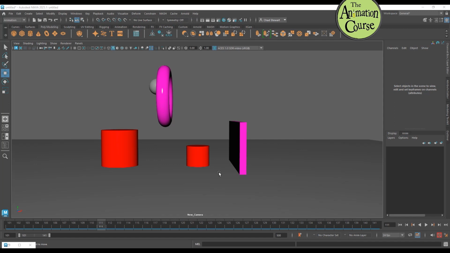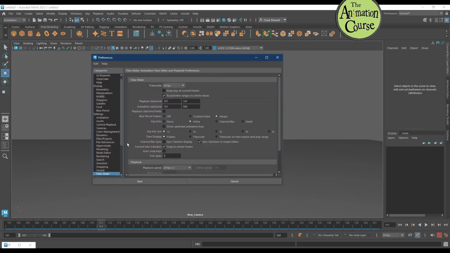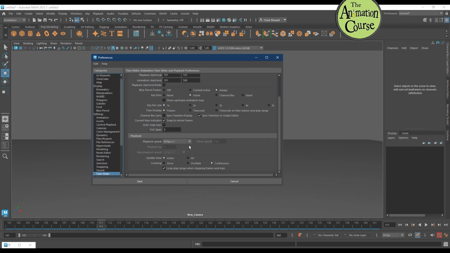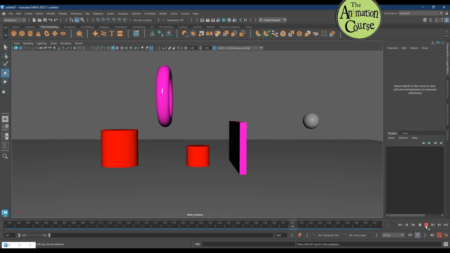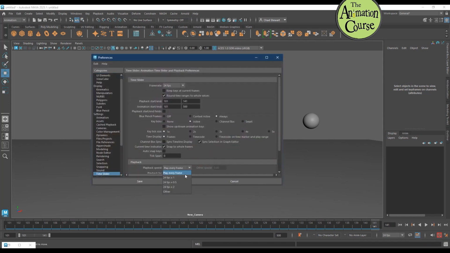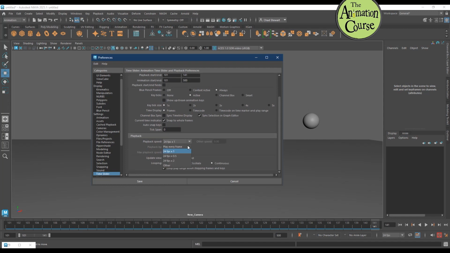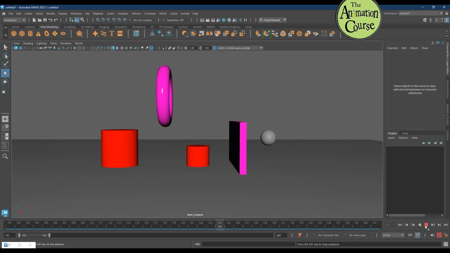Now, I'm going to show a common problem that sometimes shows up and how to fix it. If I go back to the settings here, and this is why we changed these to 24 frames per second. If I go back to play every frame and then I put this at free and I hit save, now when I press play, you can see, my goodness, something strange is going on. It is not working. What it is basically doing is playing it as fast as it's capable of playing, over and over, which is why it's so fast we can't even really see the animation. That is another really good reason why we want to make sure that this is always set to 24 frames per second on both of these and hit save,